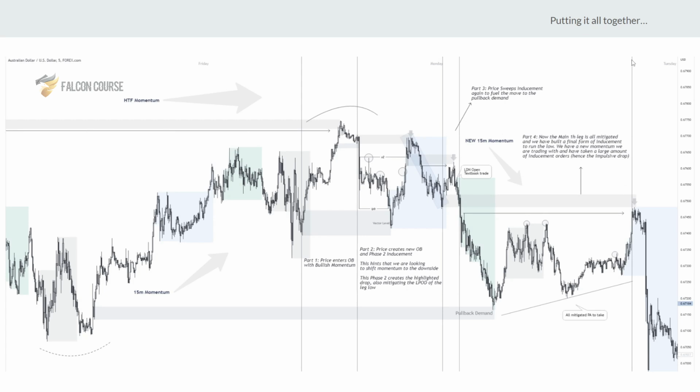Yep. Now this big line's a little bit in the way, but this is a little wick here, okay? And that's the vector level. Why is that the vector level? Because of all this under here, right? So this is that injection, because we had a low, and then we had that injection sweeping that inducement. That's the start of that rally. So it's here, but our vector level can mitigate. What does that mean? It means we can transfer the money from that vector level up the leg.